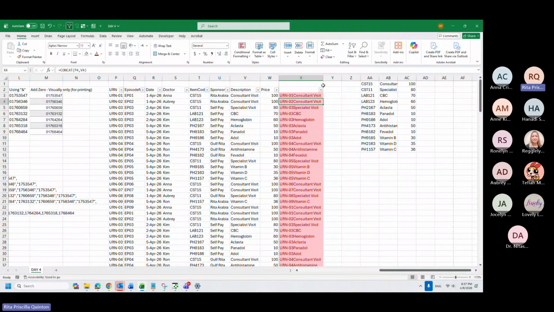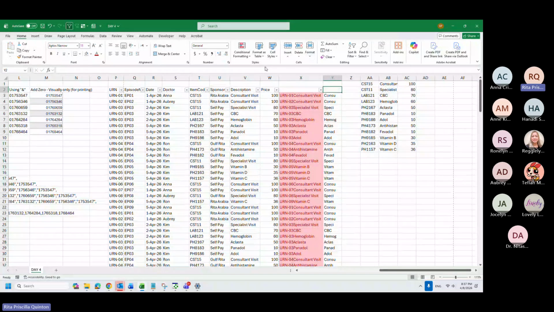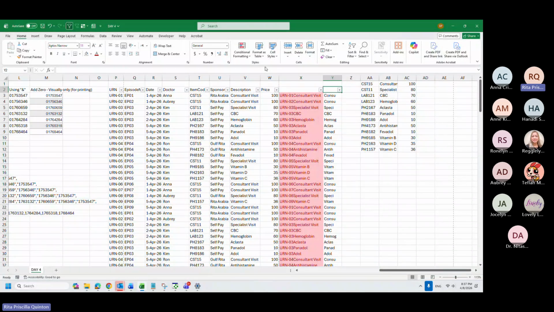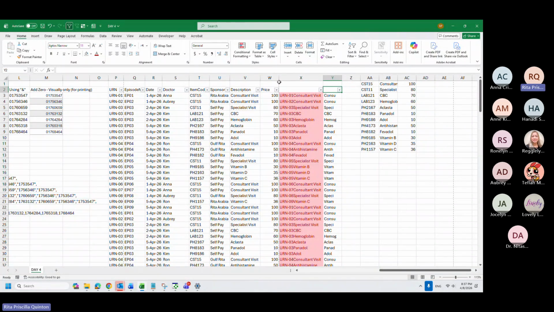Okay. Now all of them, right. So I want to do another filter since I only want to check consultation. This one will not be correct.